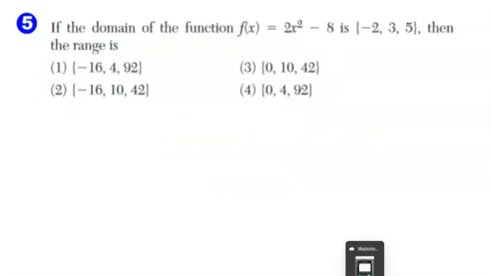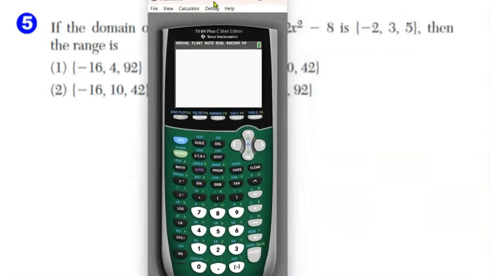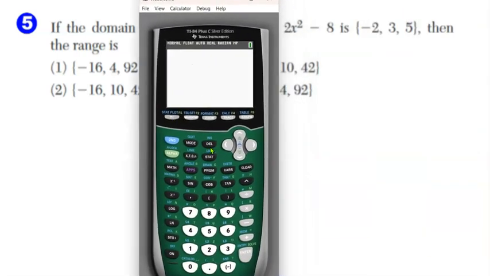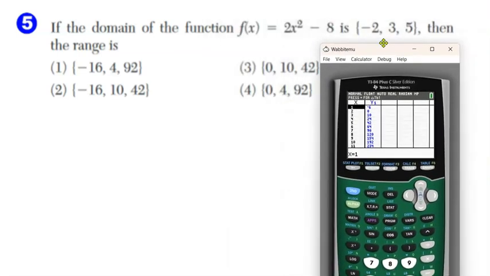So the quickest way for us to do this is, again, to type this into our y equals button on the TI-84. So in the y equals here, I'm going to enter 2x squared minus 8, and I'm going to look at that table again. So in my table, I'm looking for -2, right? That's my domain value, -2. And when I arrow up, I get a